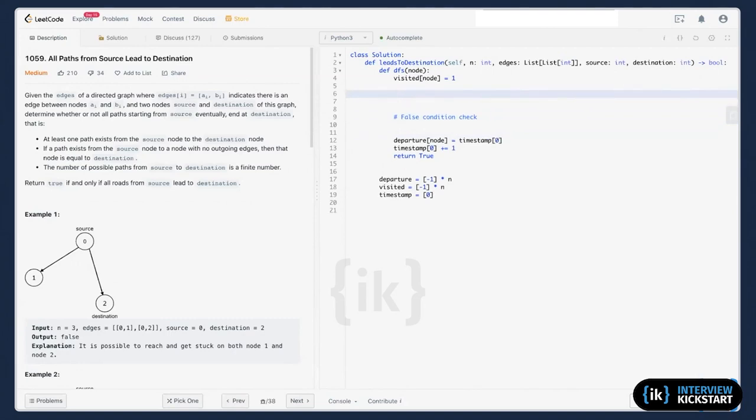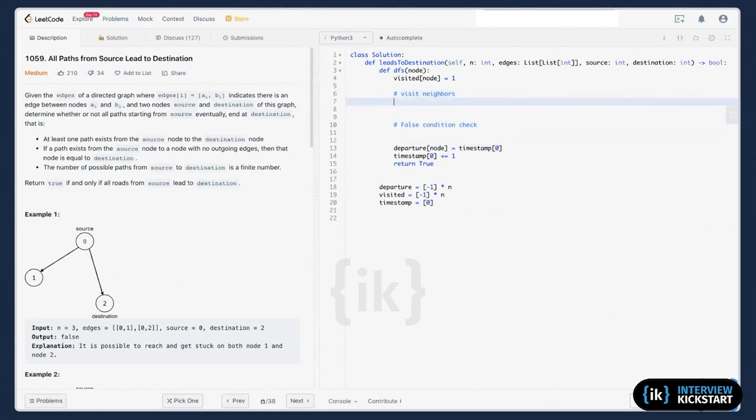And then now there is the visit with its neighbors. Let's see, neighbors. It gives me the edges. I need to build the adjacency list first.